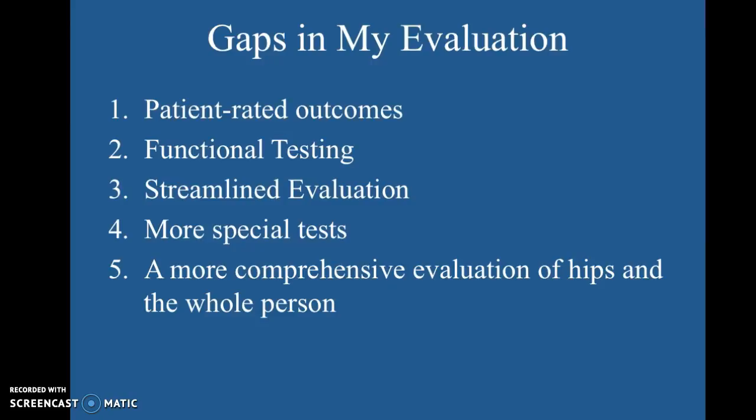More specific special tests might help and improve my general evaluation. I do feel like the ankle, lower leg and foot are less complex compared to maybe some shoulder special tests that you might need to utilize more. And I just feel like I need a more comprehensive evaluation of hips and the whole person. I think I lack in really looking at the back or even some core and upper extremity issues that might be affecting their lower extremity. So these are some goals that I'm looking to improve on as I go and throughout the course, especially in this